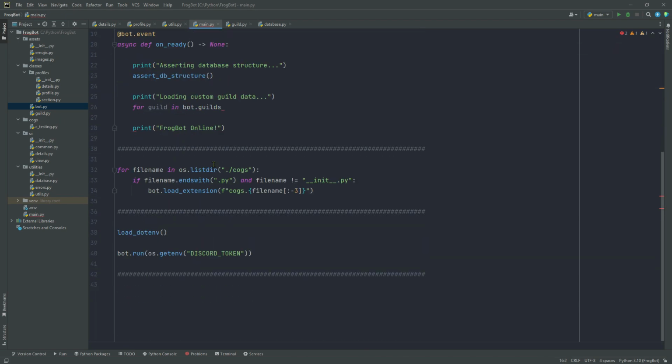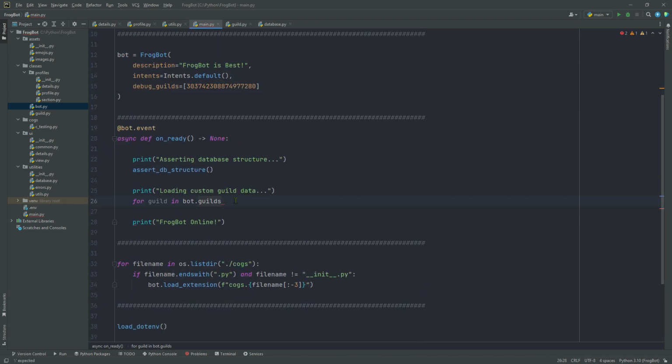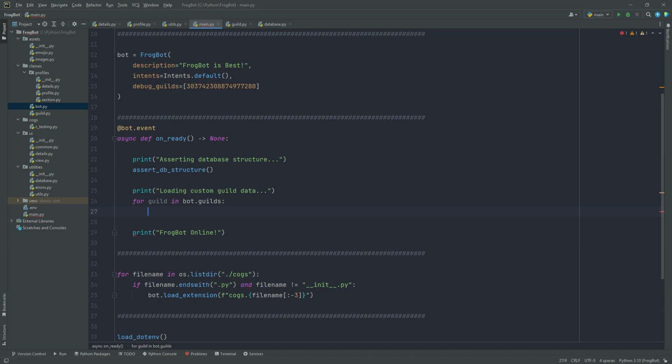Okay, so why is that important? Down here, for guild in bot.guilds, let's say bot.frogguilds.append, and we're going to say guild data, the class, .load, and we're going to pass in that parent guild. So we're going to iterate through all of the actual Discord guild objects that our parent has, and we're going to create a guild data class out of each of them